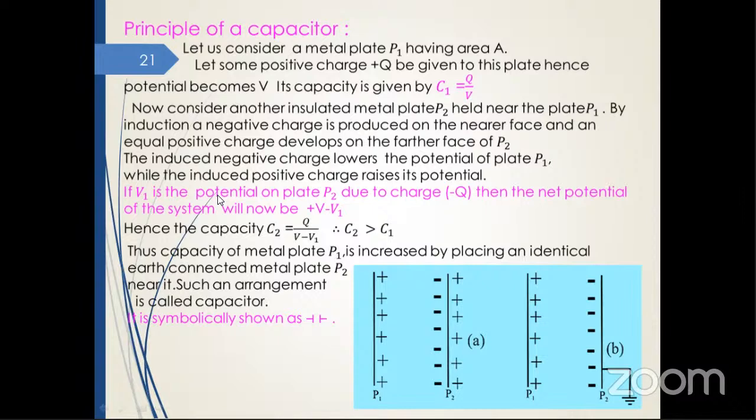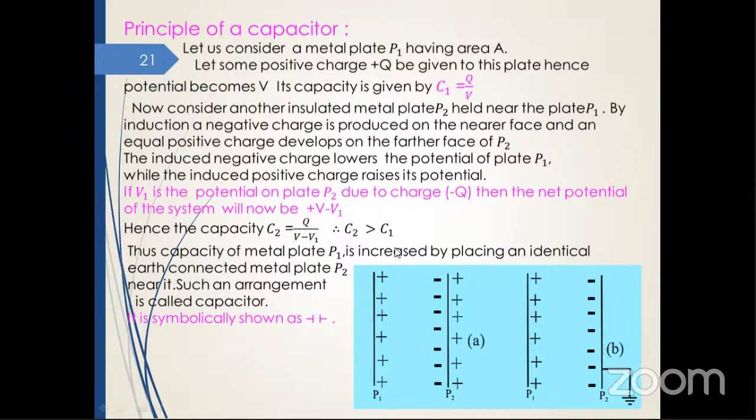Okay, if V1 is the potential on plate P2 due to charge minus Q, then what is the net potential of the system because of both conductors, or we can say both plates. Therefore this positive V and this minus V1. Addition of both, that is, the first one having the potential V and the second one having the potential minus V1. So the total system potential, if you find it, is V minus V1. Hence the capacity CT is equal to Q divided by